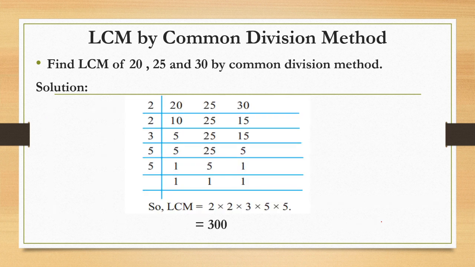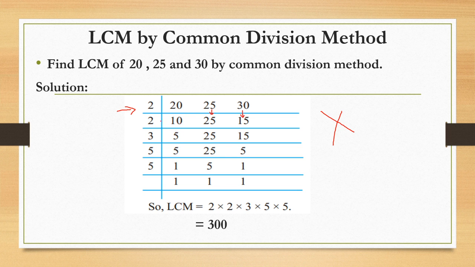Okay, let me tell you, there is one more method that I told you earlier. Do not prefer this method, but let me tell you, because this is in your syllabus. First what you have to do, you have to divide 20, 25 and 30. Now what I told you, in this method you have to take the smallest prime number. So we are going to take 2 as our common divisor. So 2 will divide 20, but 25 is not divisible by 2, so that's why 25 is written as it is, and 30 is divisible by 2, that's why we have taken 15 here.